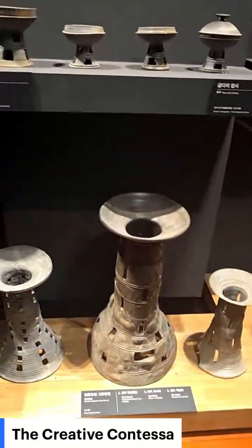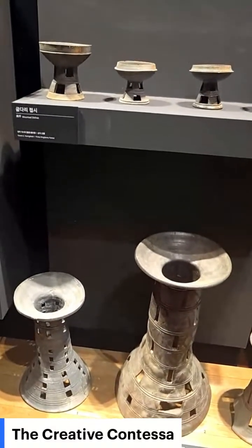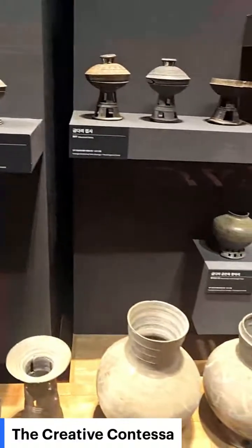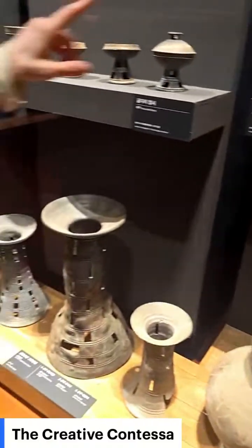Okay, so here we've got, and unfortunately, they often call things exactly as you see them, which is sort of annoying. Cylinder-shaped vessel stands. Well, it does make sense that maybe you would want a stand on which to place your pottery. Now, these dishes,